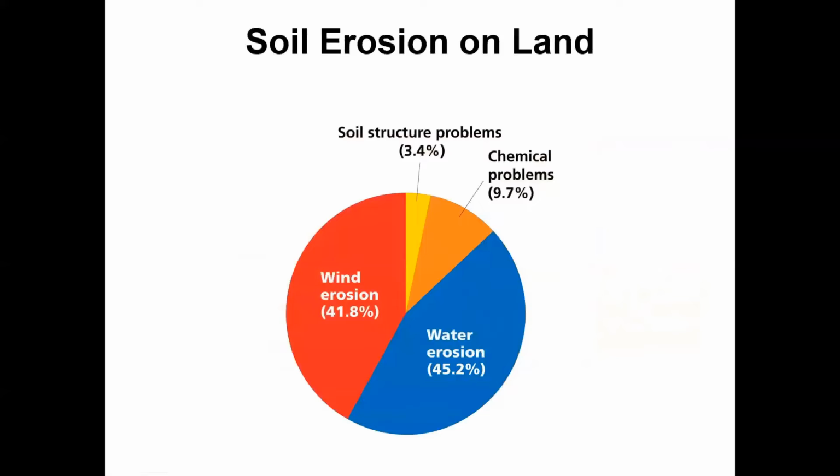Looking again at the types of soil erosion, wind erosion accounts for 41.8% of the soil erosion across the world. Water erosion accounts for 45.2%. In relation to soil structure problems, 3.4% is what causes soil erosion. And then you have the chemical problems, which is